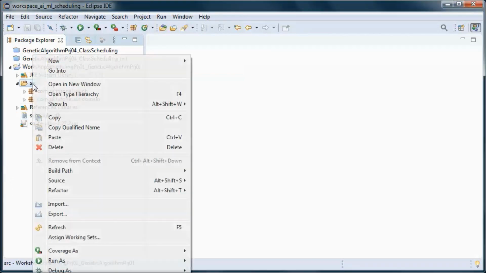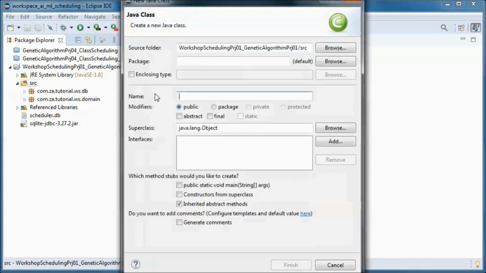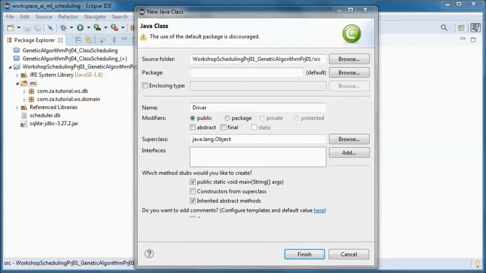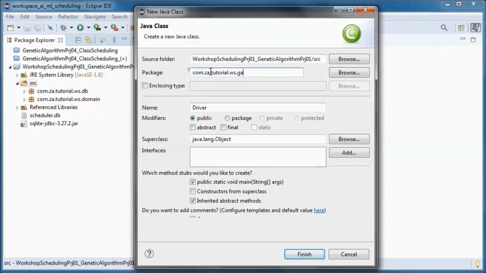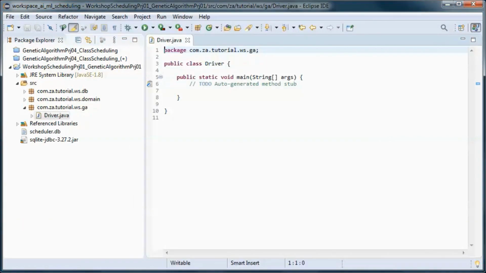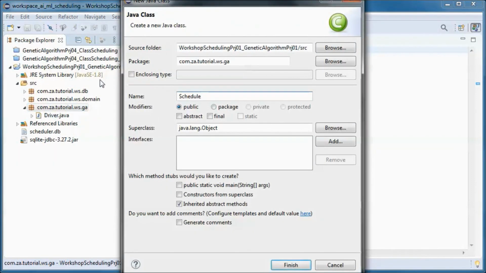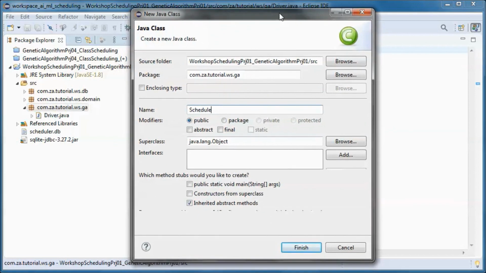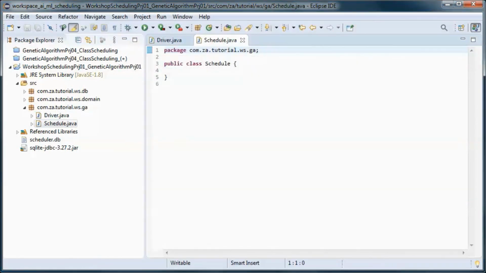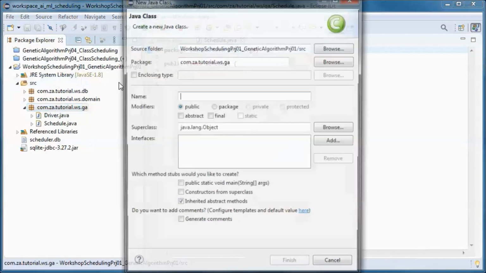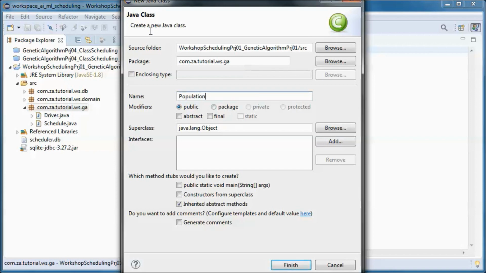and we will have this class with a main method which will be driving the application. And this class will represent a workshop schedule, and this one a population of workshop schedules.